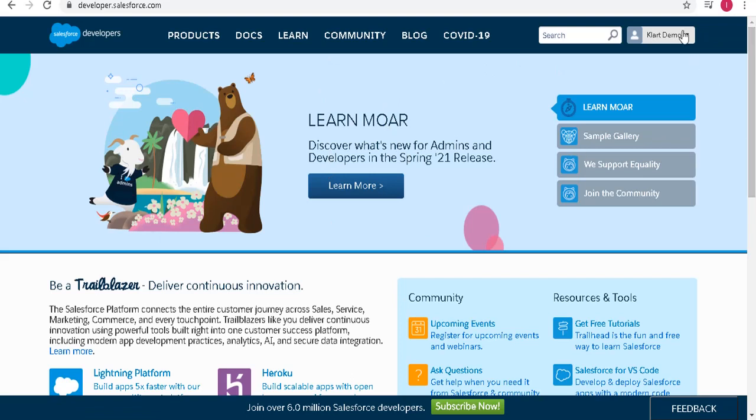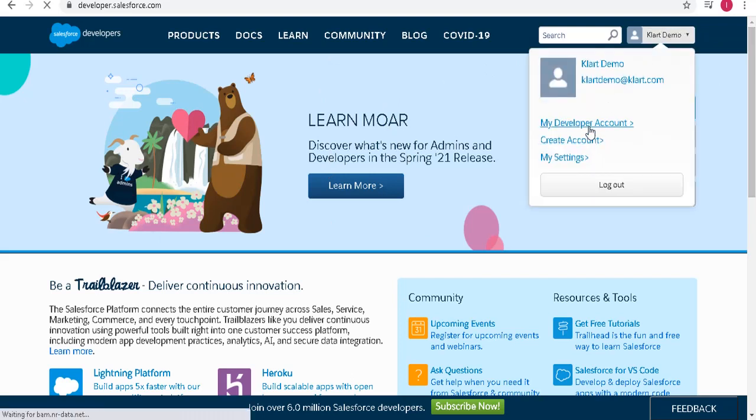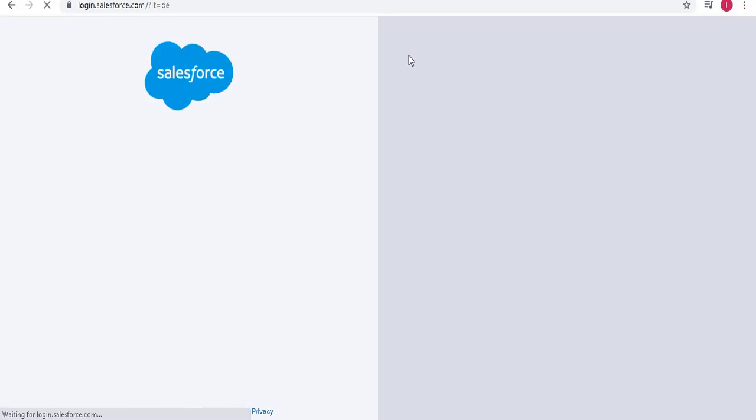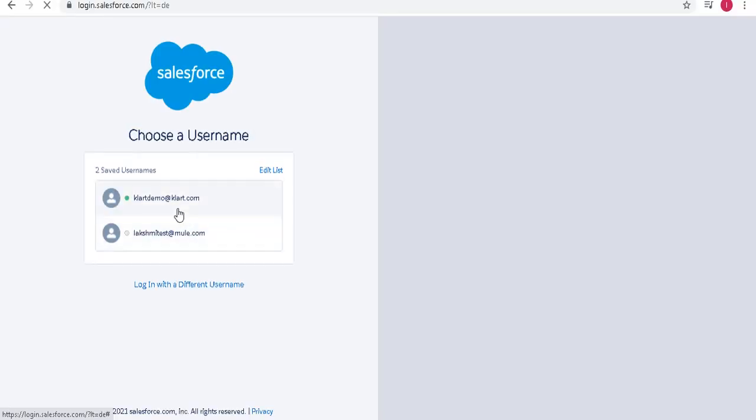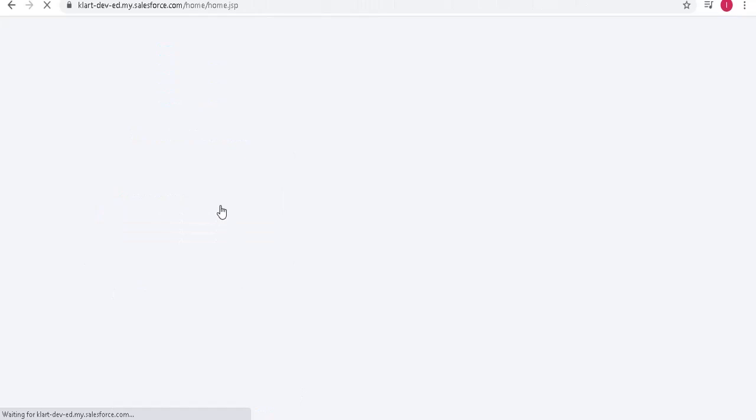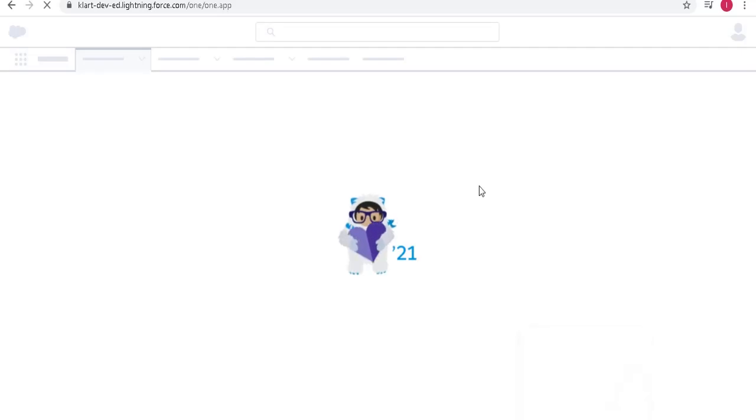Some account objects are already there, so I'm just logged into my developer account. By default, 12 or 13 records will be there in Salesforce. We are going to create one or two new records for that account object in this tutorial.